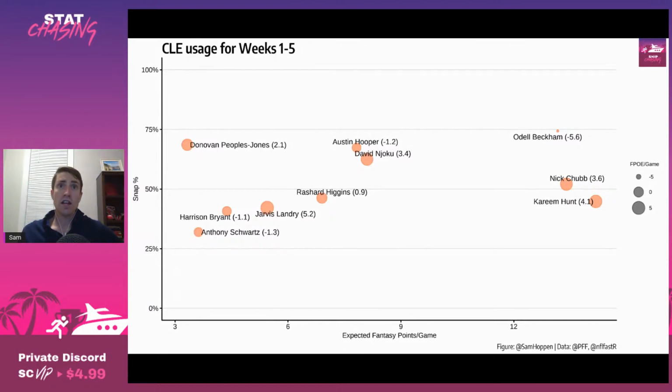Where Chubb has a slight edge is in the red zone, but he hasn't locked down that work quite yet. Chubb has 2 green zone touches per game, which is really good. He's got a 60% snap share in the red zone. But again, Hunt is at 1.2 green zone touches per game, and only a 36% snap rate in the red zone. These guys can hit their ceiling in a given week, but with each of them involved, I think they'll struggle to hit their season-long ceilings.